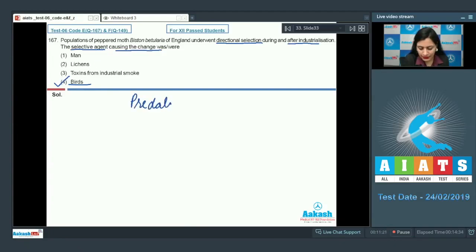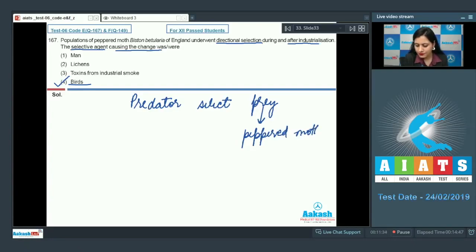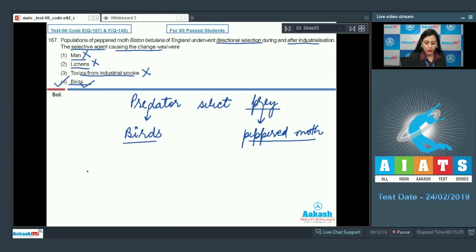Because it is the predator that selects prey. Prey is the peppered moth. And the predator is what? Man? No, so this is an incorrect option. Lichens? No. This is an incorrect option. Toxins from industrial smoke is not a predator, so this is an incorrect option. Birds are predators which select prey, which is the peppered moth. So birds is the correct answer because birds eat